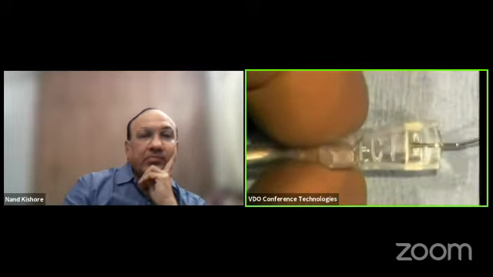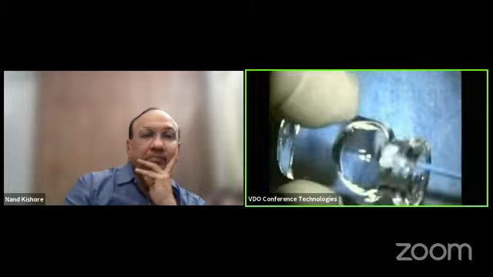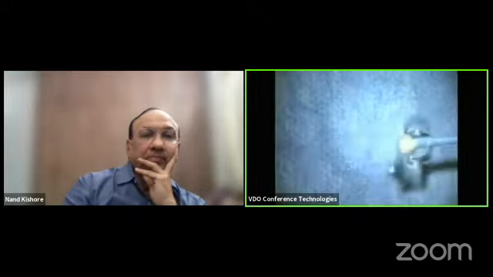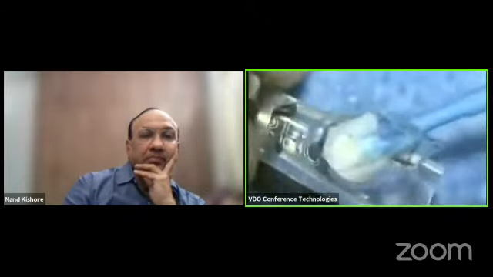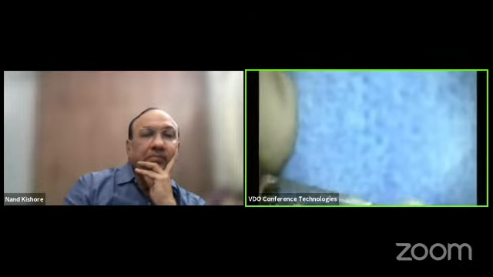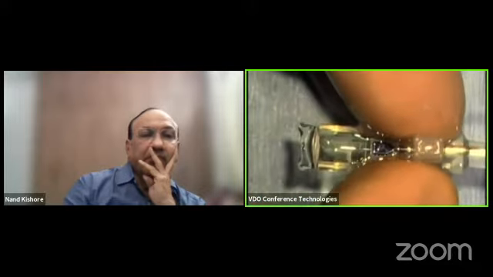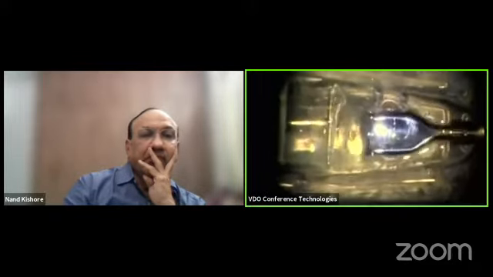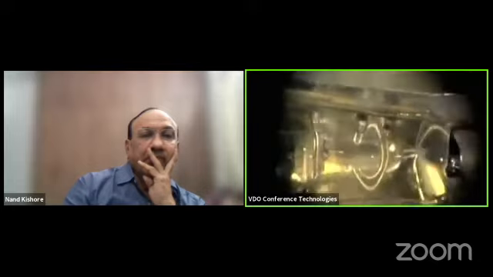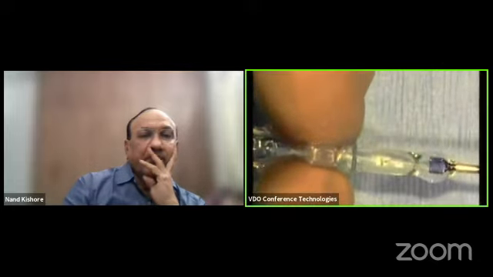ICL loading. First, prime the cartridge with BSS and then HPMC. Then we need to take out the ICL with a soft tip plunger and keep it in the cartridge, and with a rotatory movement of the soft tip plunger, we place the ICL into the cartridge. With weak forceps we can catch hold of the ICL at the haptic optic junction, and we need to pull the cartridge over the lens,